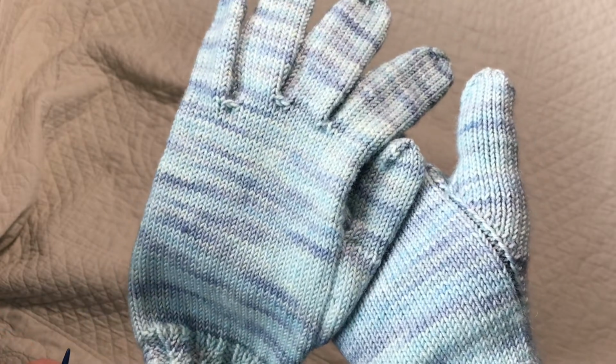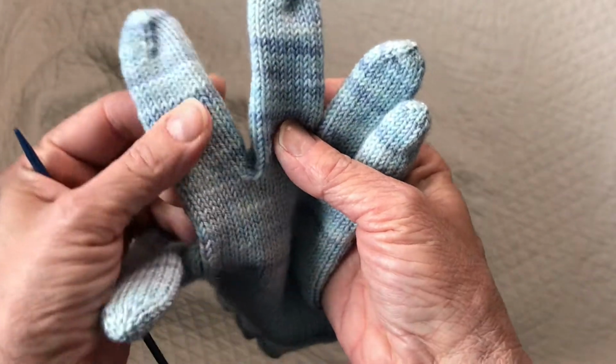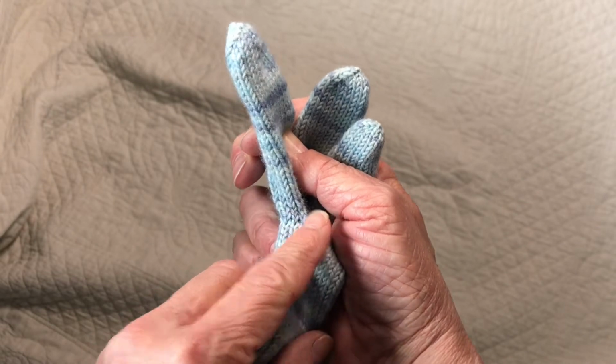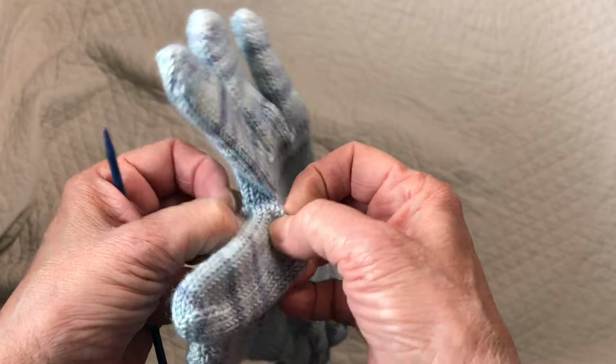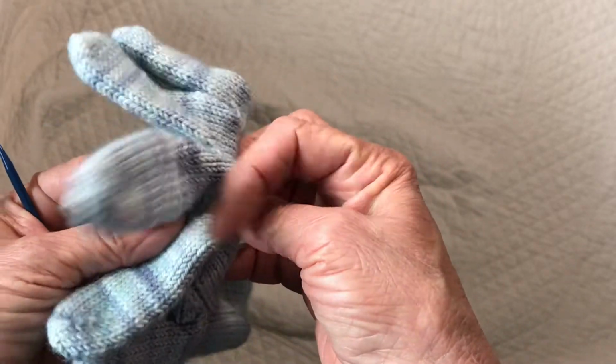But first, what is a fourchette? Let me show you. A fourchette is a small band of fabric that joins the front and the back of the hand and runs between the two fingers. In this case, let's see if we can't open this up so you can see it a little bit better. The fourchette